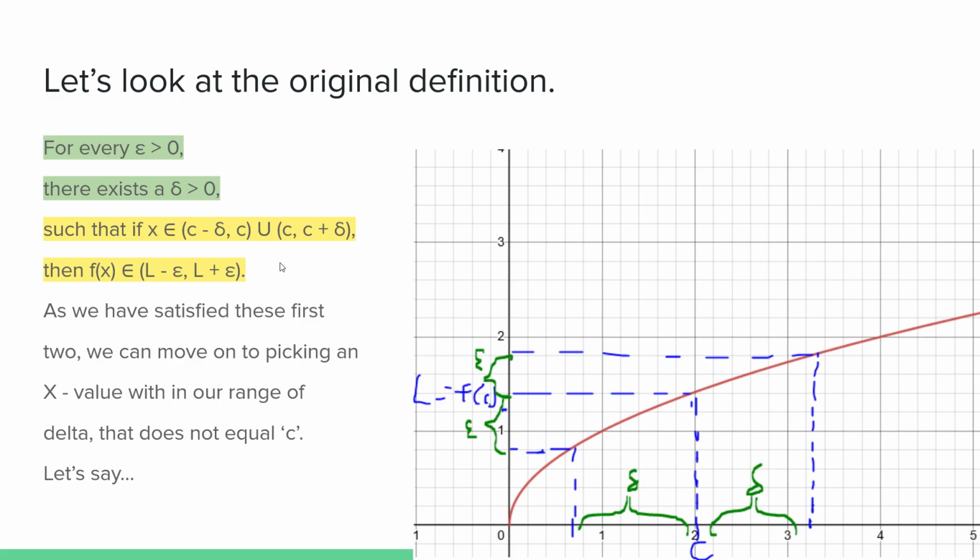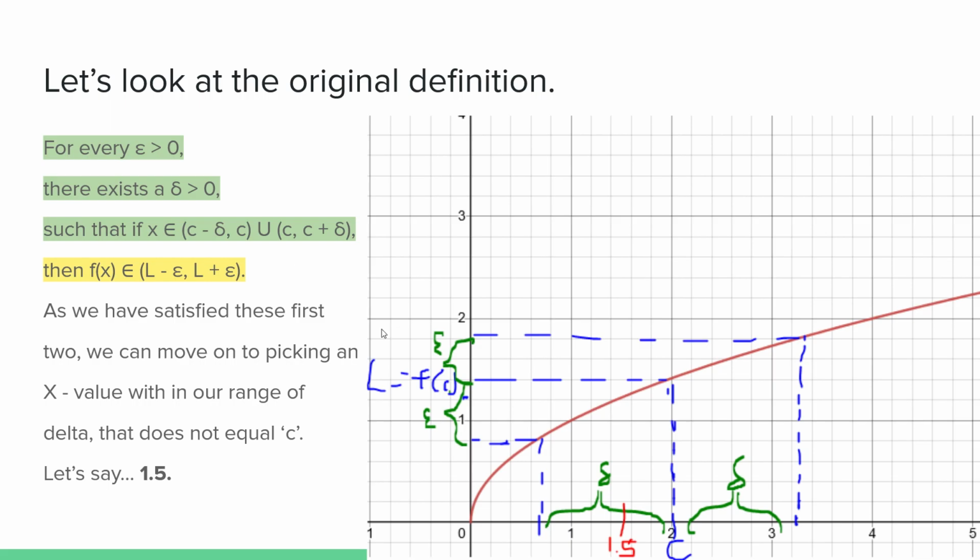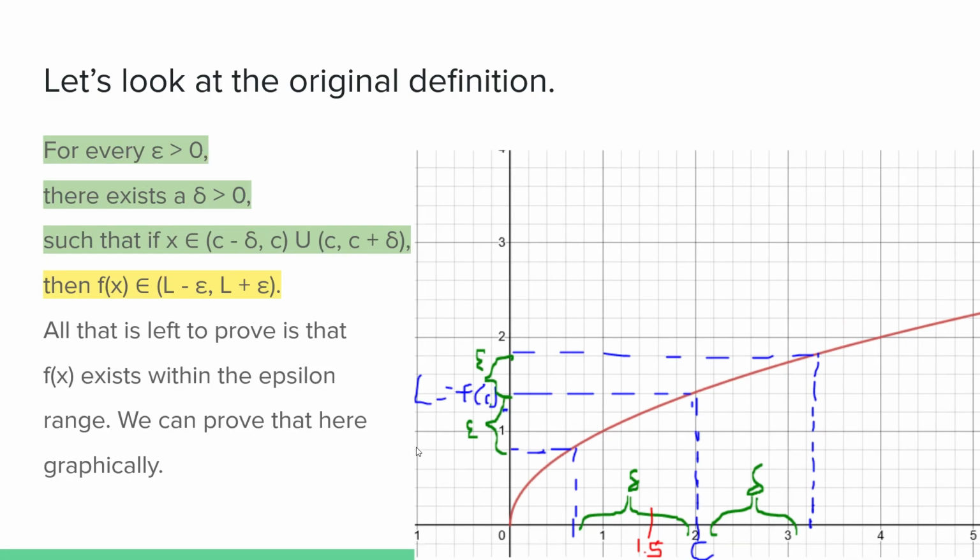So we just need to pick an x value that's within our range of delta that doesn't equal c. So let's say this one, which is about 1.5. This is within our range. It's within the range of the delta, and as we can prove by just drawing lines through the equation,